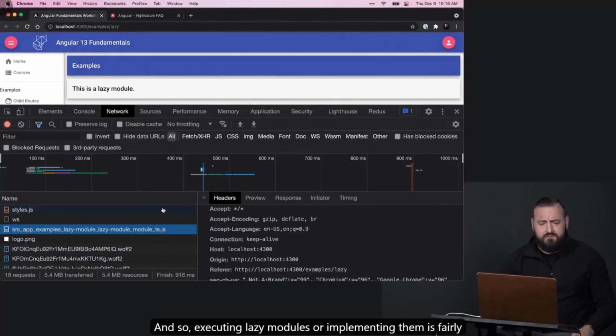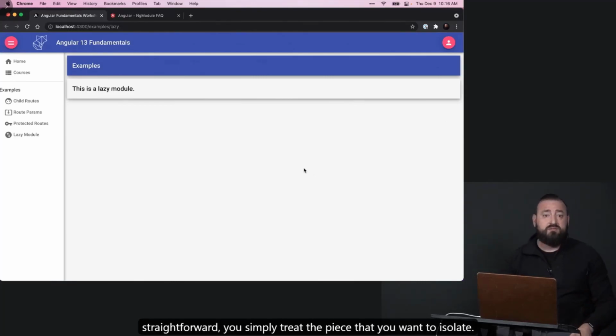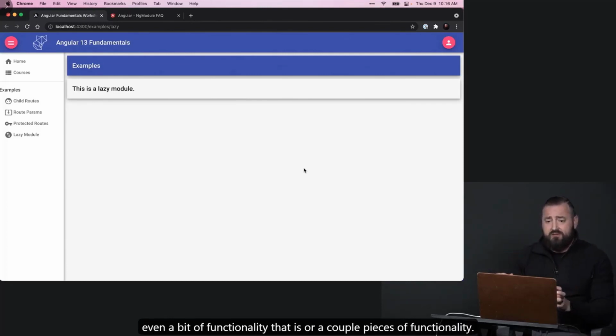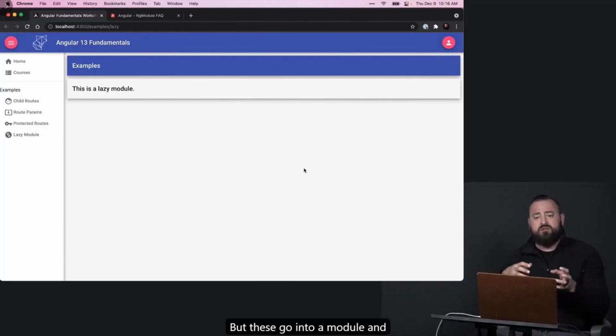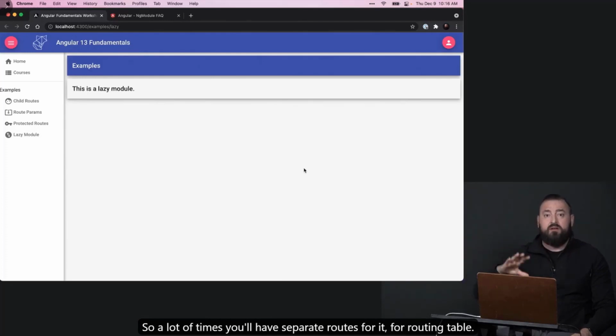And so executing lazy modules or implementing them is fairly straightforward. You simply treat the piece that you want to isolate. A lot of times this might be a standalone feature set, or a couple pieces of functionality, but these go into a module. And in a way, you have to treat that almost like a separate application. And so a lot of times you'll have separate routes for it, a routing table,